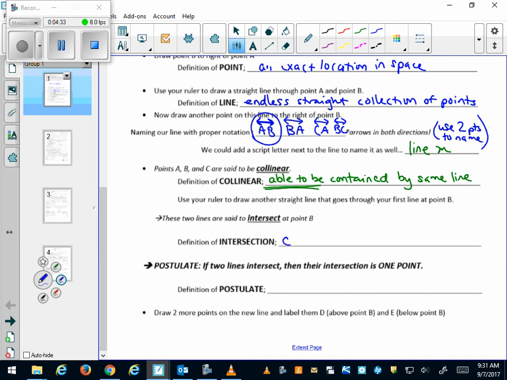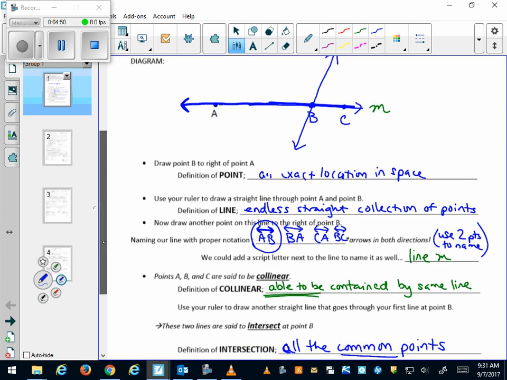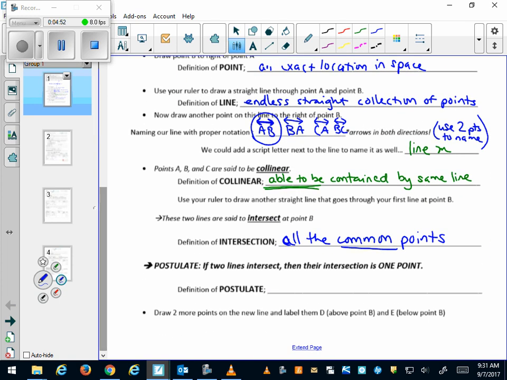Definition of intersection is all the common points. When you're talking about 2 things that come together, you're talking about the points that they have in common. So the intersection of this in this diagram would be point B. That's where they intersect. All right, a postulate is a